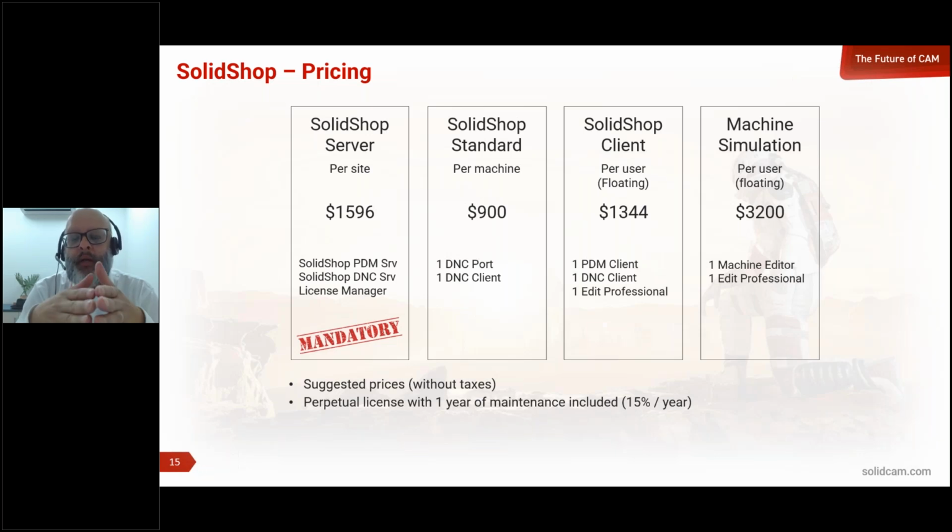With the machine simulation license, the customer can build as many machines as he wants for simulation. It's not charged per machine, it's charged per seat. So in that seat, you can build your own machines, and we'll have no problem. We can charge the customer to build the machines for him, or we can train him to do that. In both cases, that generates an opportunity for us to generate revenue.